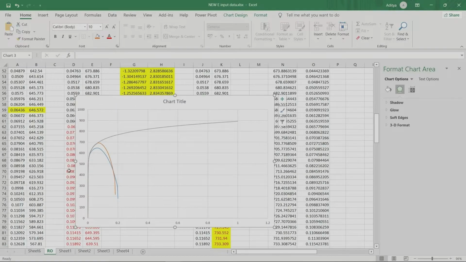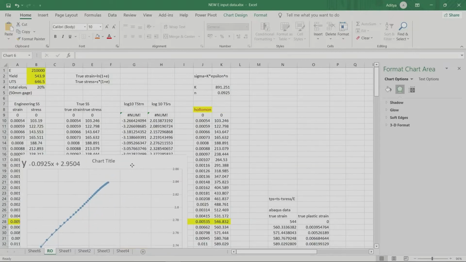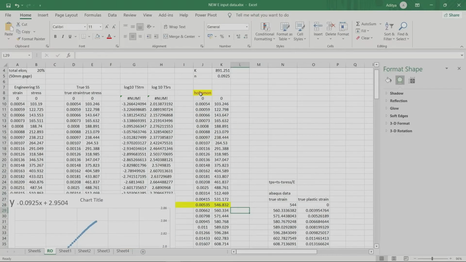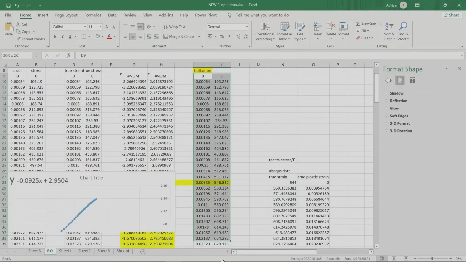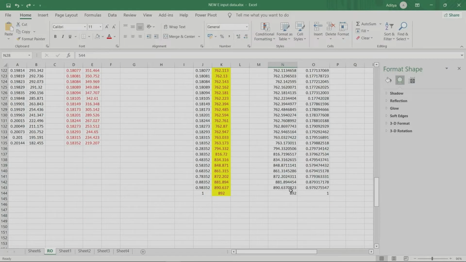See, there are only two types of strain, that is elastic and plastic strain. So Abaqus takes input as true plastic strain. So how to calculate true plastic strain? We will take data up to, see, this is your Holloman curve flow rule data, and we will take only data from the ultimate yield strength point, which is approximately 544. So here the nearby point is 546. So here we will take it as 544 and copy all that data up to 892.